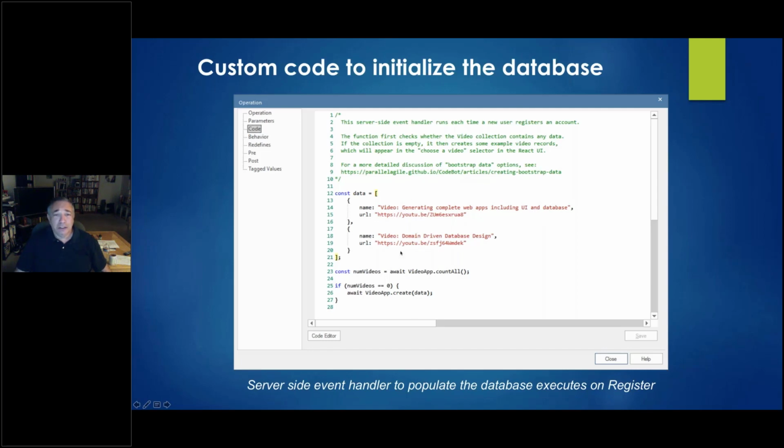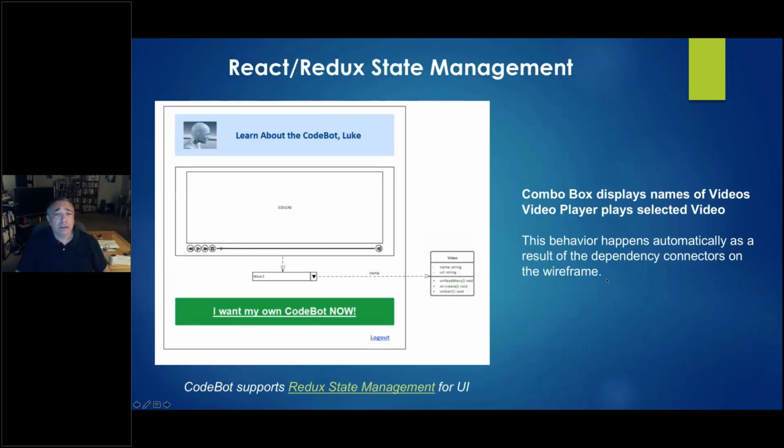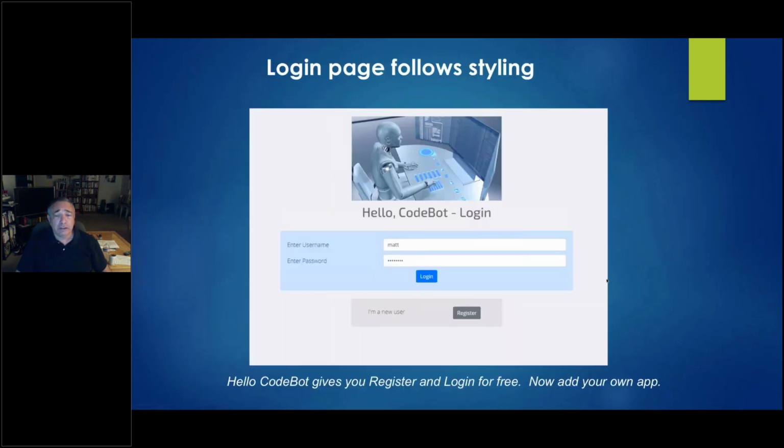And so this actually executes on the onRegister method. Let me go way back to my domain model. Forgive me for a second.